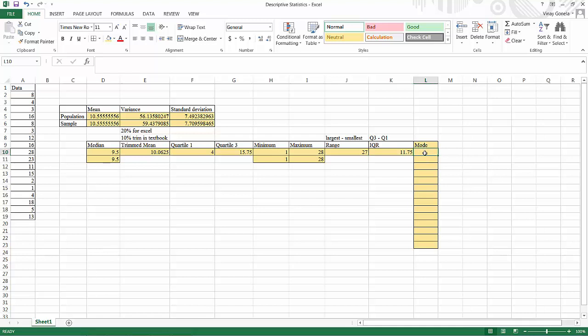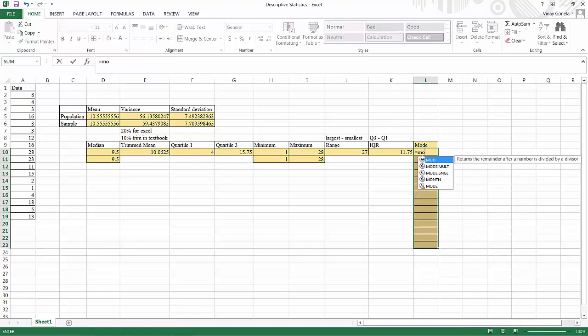So mode, mostly if you see our data set, we don't know whether it has multiple modes or a single mode. So the better strategy here would be to always use multi-mode. So since we are using multiple modes, we need to select certain cells. So we can select any number of cells. So I can select more than this cells, less than this cells, I don't know. So it's better to select more. So I will select until this point, which is highlighted, and then type equal to mode and then select multi-mode. So that is mode.mult,